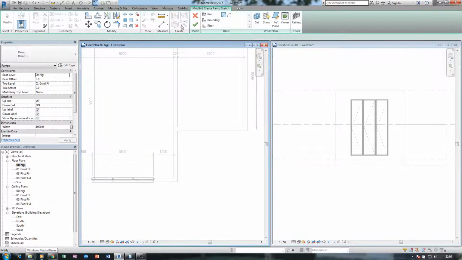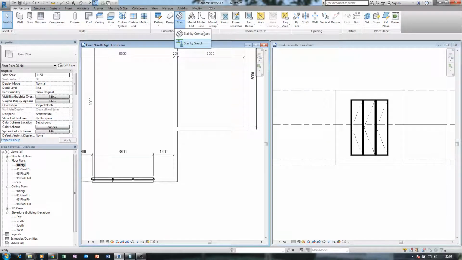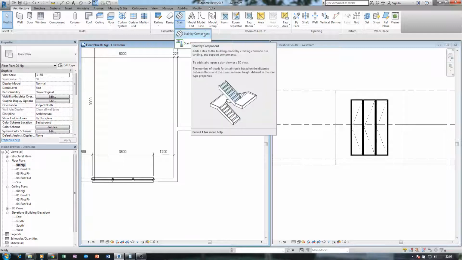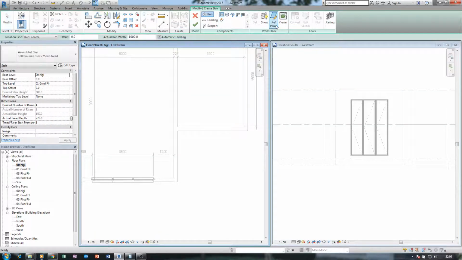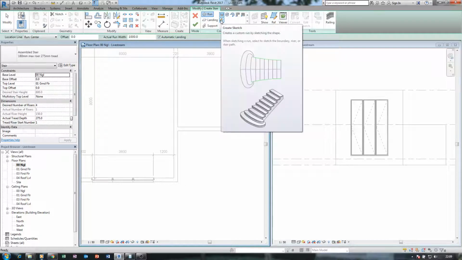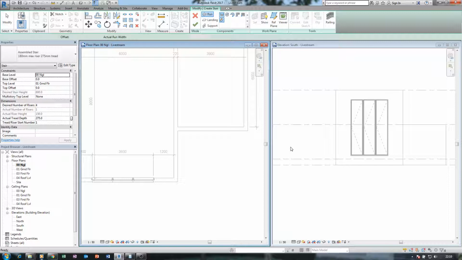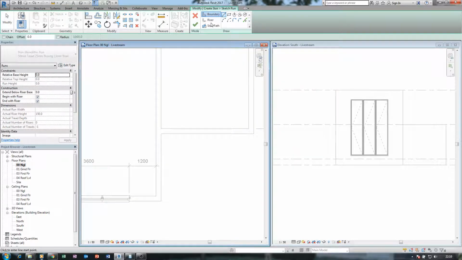I'm going to create, sketch. Okay, this is a ramp, I don't want a ramp, I want a stair, so step by sketch or by component. In 2018 they removed step by sketch, so it's by component, and in 2019 you can always believe that it's not there. So let me use by component. The fact that you are using component doesn't mean that you cannot sketch. It's just that the sketch is now here, and now I can just create some risers.